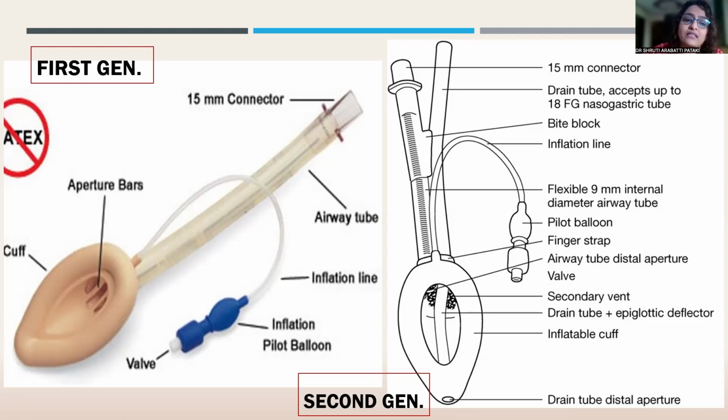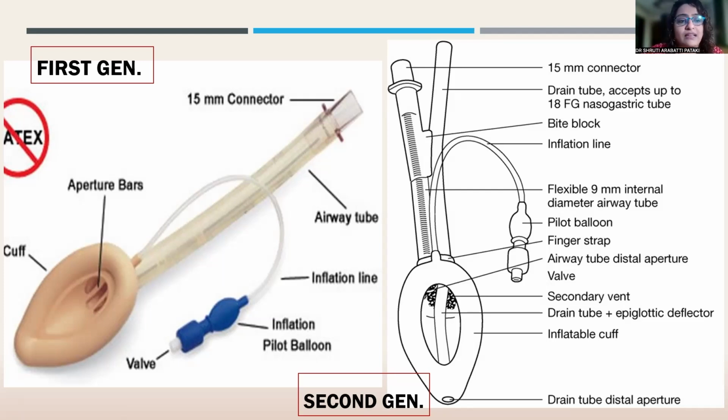So this was a blindly inserted airway device that was designed in 1981 and became popular by the 1990s. In fact, if you go on Google, you can see the videos that Dr. Archie Brain has put up where he's locally anesthetized his airway, inserted an LMA, and run a marathon. And he has recorded a reduced airway pressure when the LMA is inside, and when there is no LMA, the airway pressures were higher. So he's been able to definitively establish that an LMA is a good device and it reduces airway pressures, with better oxygenation, better ventilation, and all of those things.